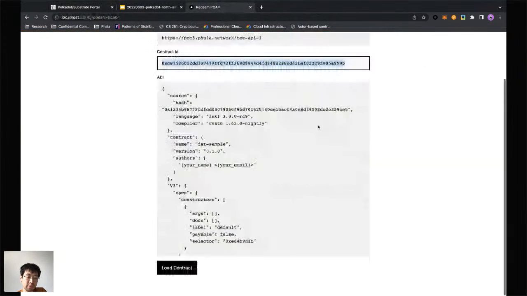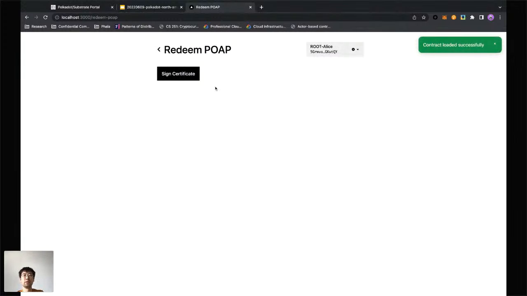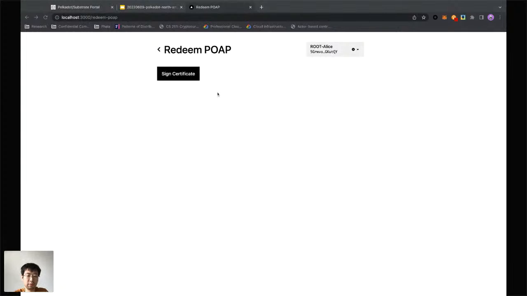And now let's load it. Okay, so after this contract is loaded, the first thing it will ask you to do is to sign a certificate. This certificate will be used to encrypt all your following traffic to this contract. Let's do that.